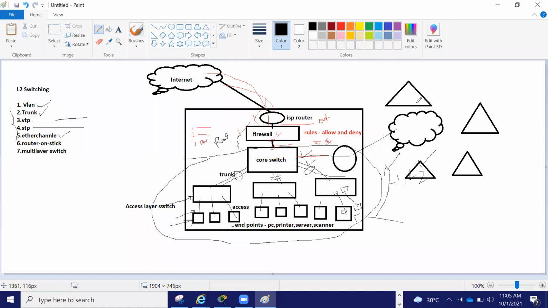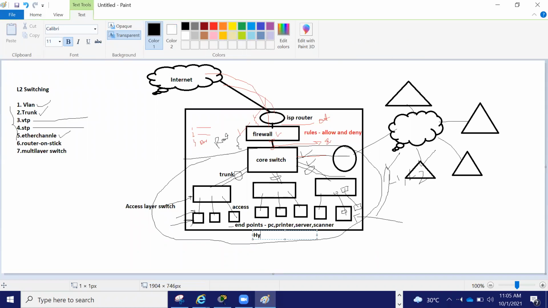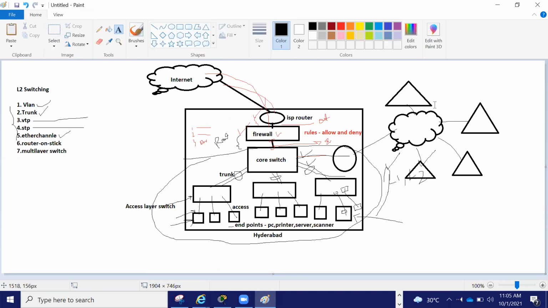So now just think about your MNC scenario. MNC means multinational company. So see, now let's say this office is in Hyderabad, and let's say this office is in Pune.